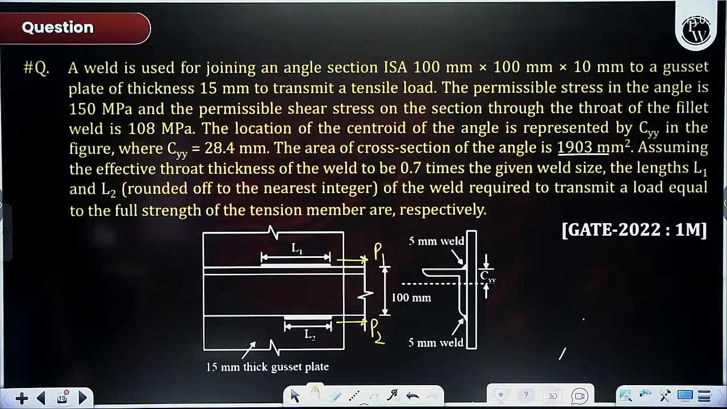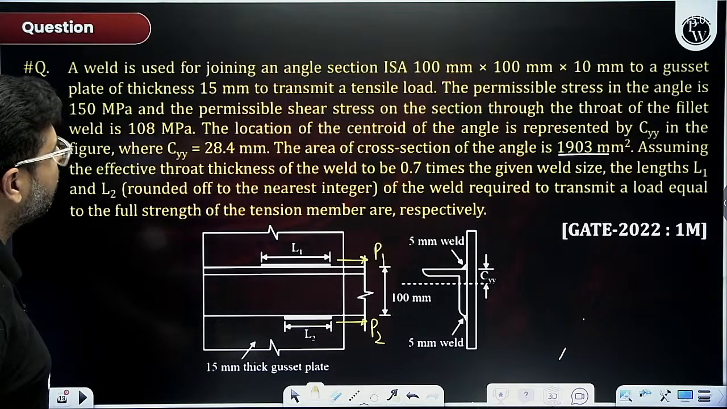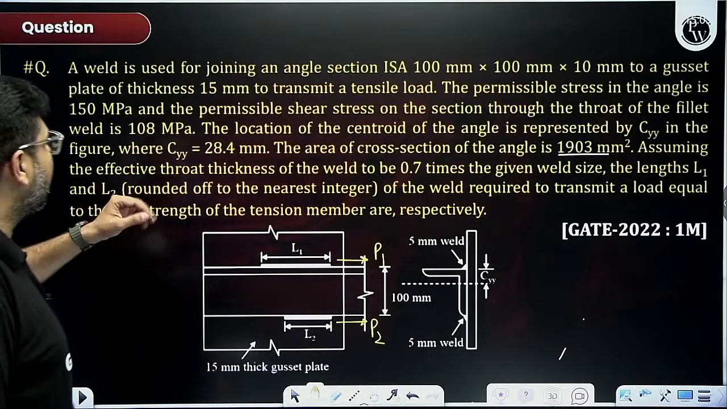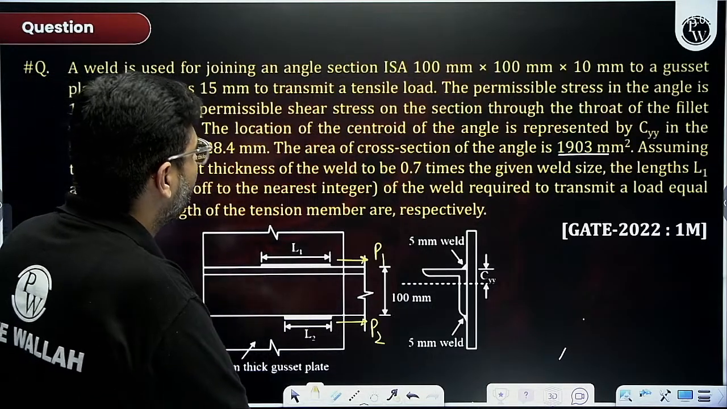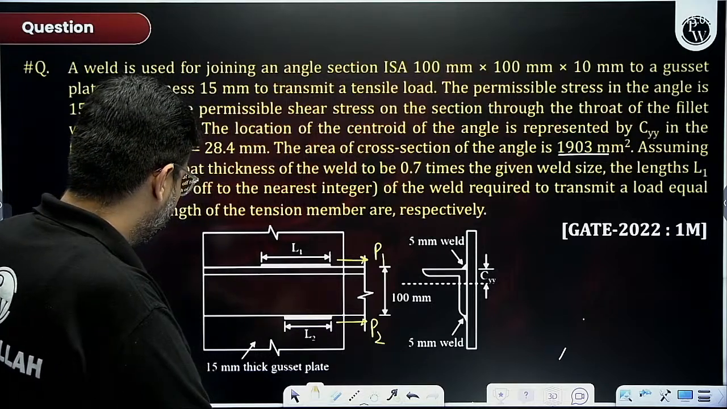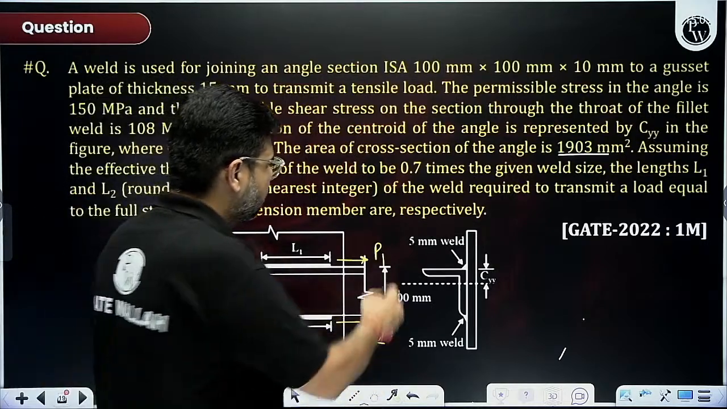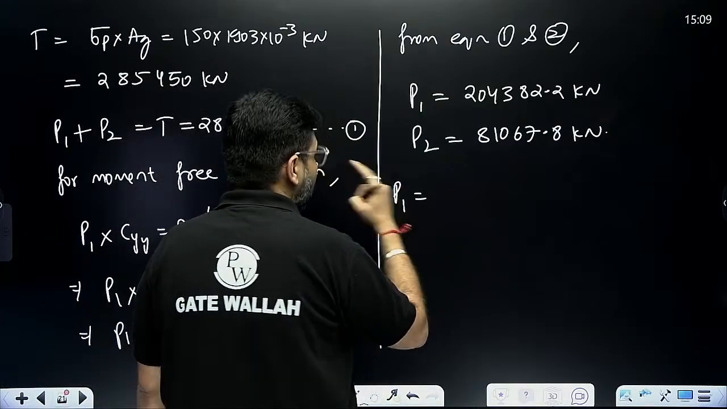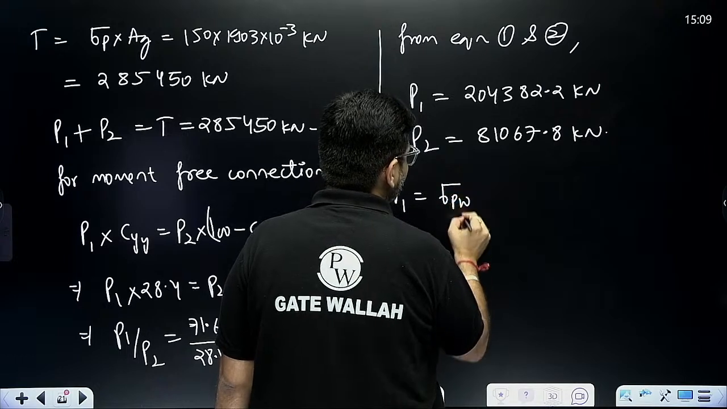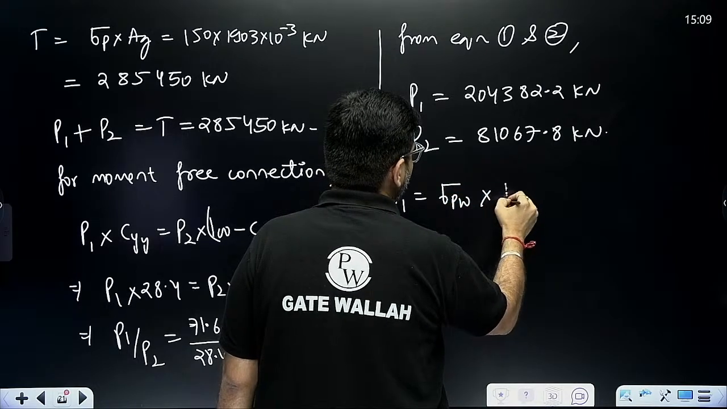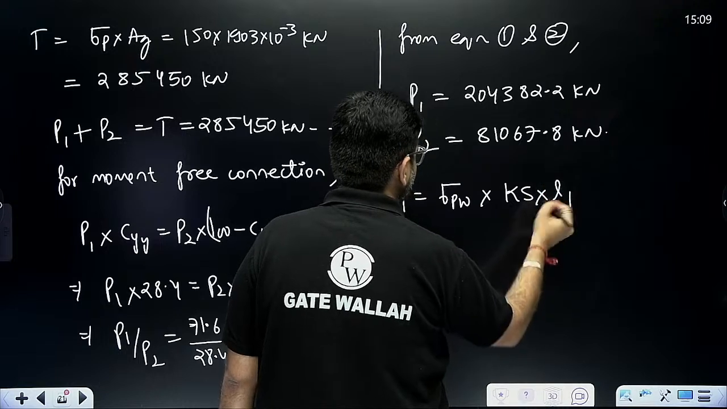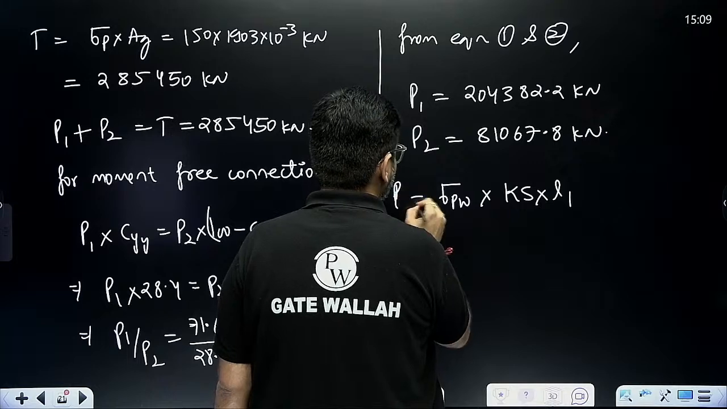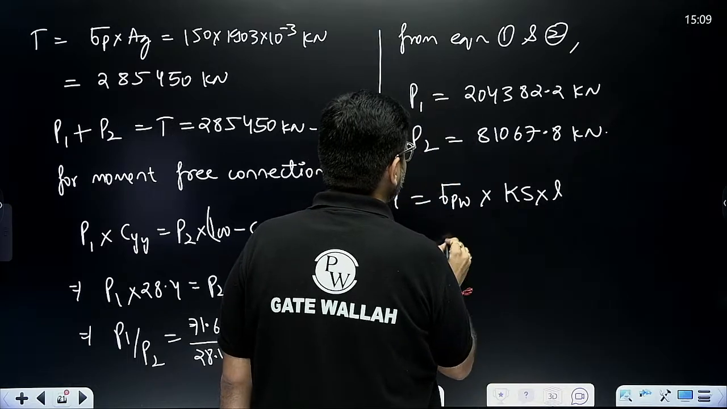Length I can easily calculate. Permissible shear stress in the weld was given to me, and the size of the weld is also given. The given weld size is 15 mm gusset plate, 5 mm weld. Size of the weld is 5 mm. So can I write that P1 will be equal to sigma permissible weld into K into S into L1. So L1 is equal to